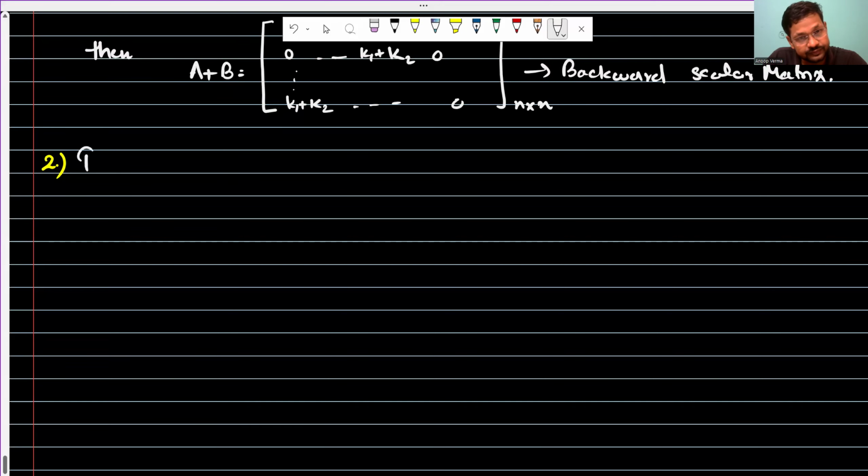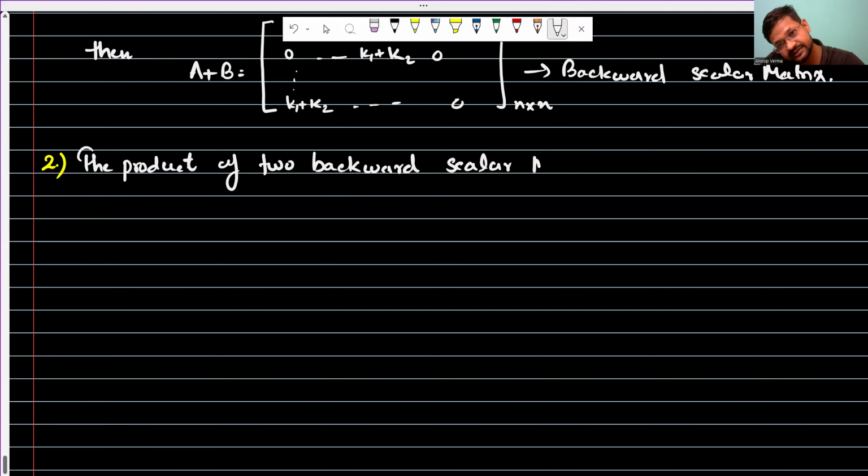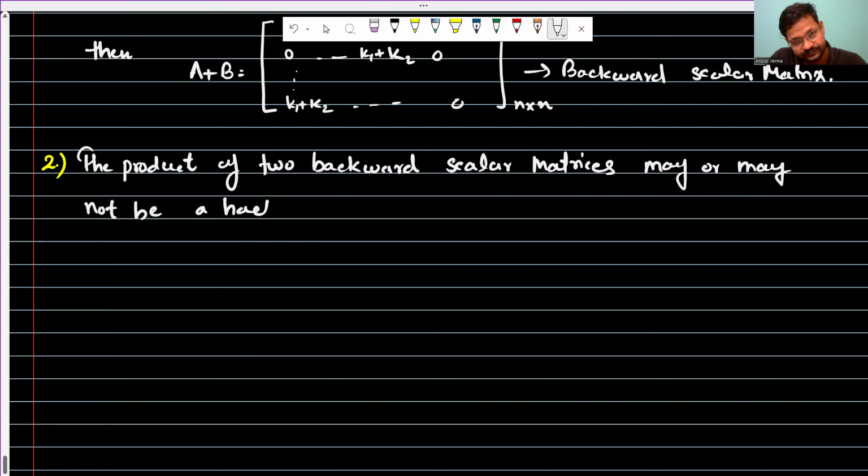The product of two backward scalar matrices may or may not be a backward scalar matrix. However,